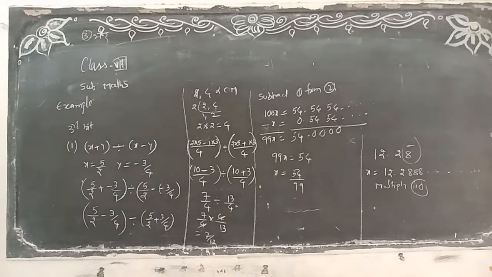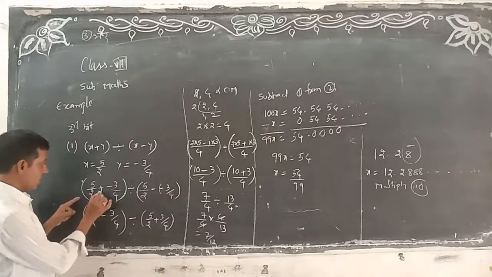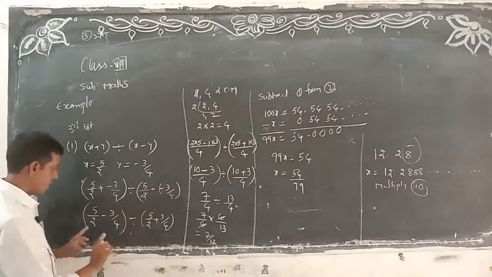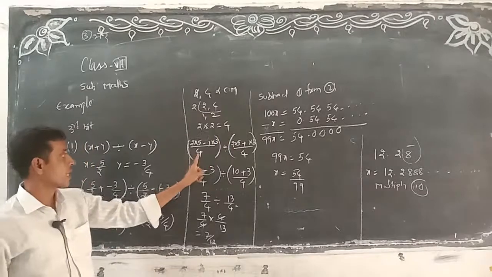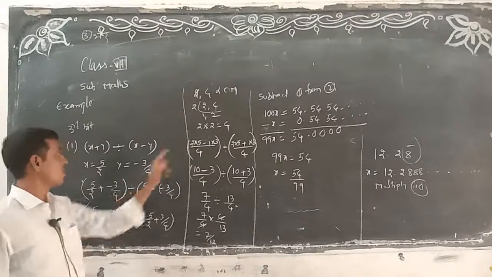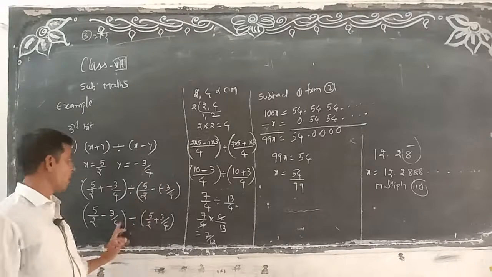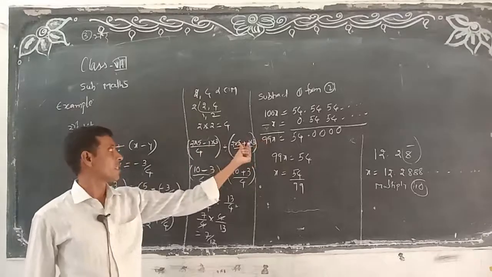Check it out. Is it clear? Once check it out. x value, y value. x value, y value. Okay? Plus of minus, minus, minus, minus, plus. By both brackets, 2 comma 4 LCM, what here? 4 only. So this bracket 4 and this bracket also LCM 4. 2 table 4, how many times does it cancel? 2 times into 5. Minus is minus. 4 table 4, how many times does it cancel? 1 into 3. So this bracket is also same because here plus is there.